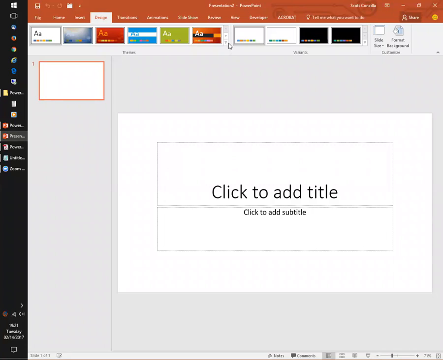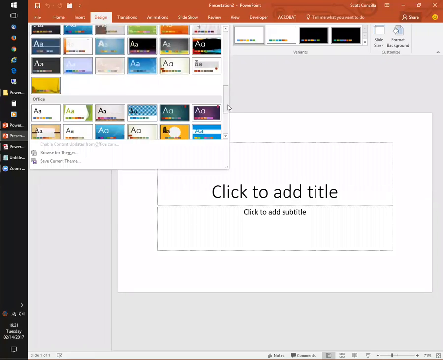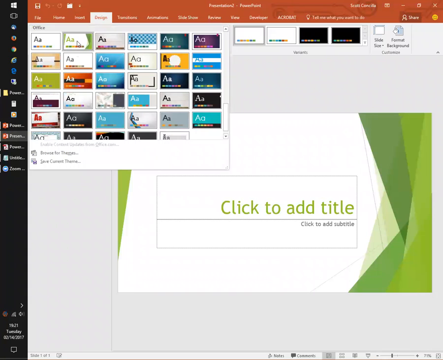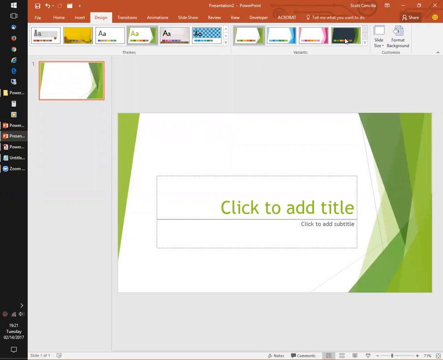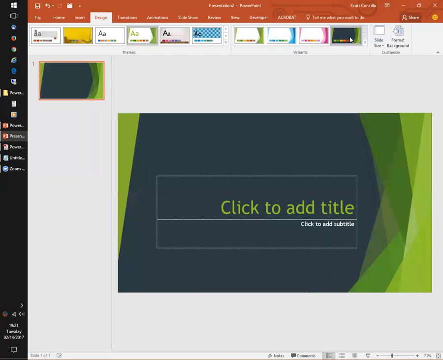If I come back over here into Office, again, I'm using Office 2016 here. When I'm looking at the newer themes, for instance, let me pick this one here called Facet. If I pick that, you'll notice next to that there's an additional gallery here called Variants. So Facet is not only possibly this green background, but Facet has 4 variations, and it could be green, it could be blue, it could be pink, or it could be this dark, completely reverse.